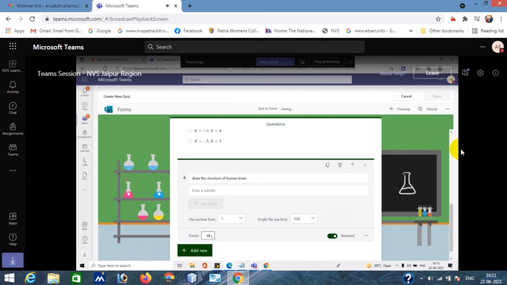You can just change the point. Otherwise, it just takes the default point. Like if you mention 5 on the first question, and you are not going to edit it, then it will take 5 on each question, right? So this way it will work. So these questions you can use.